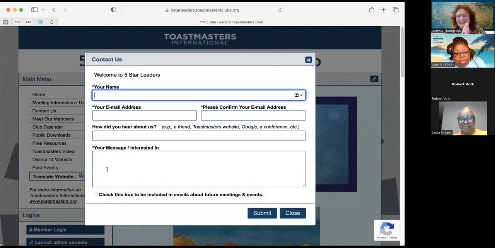We just said whoever you have as your contacts needs to be responsive. They need to understand that it's their responsibility to answer these. I've heard potential members say they joined a club because that was the first club that responded back to them. So if you're going to have somebody get these forms, make sure they are very responsive.